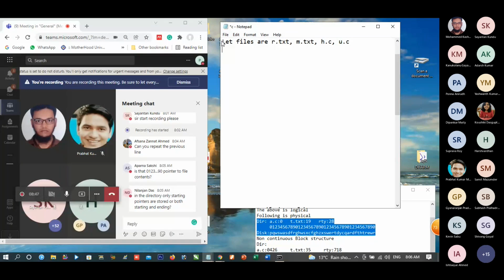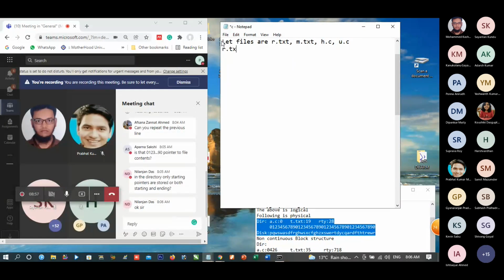Nilanjan, I think both start and end is required. Otherwise, how we shall be able to find it out? Is it correct? Yes. Now, suppose r.text file contains is